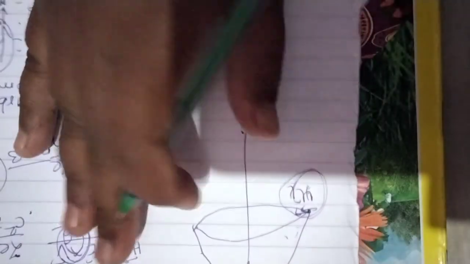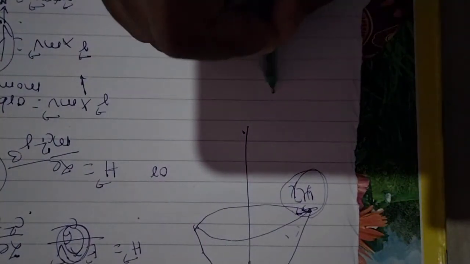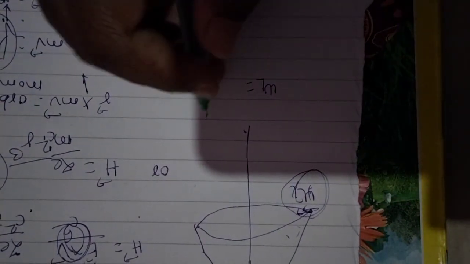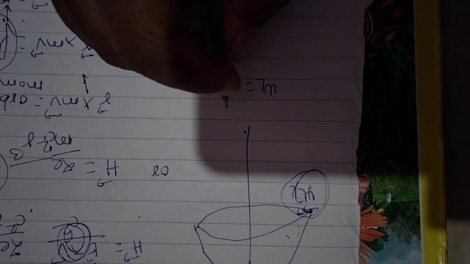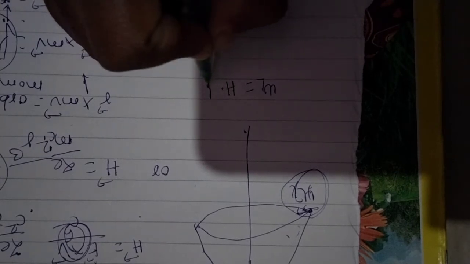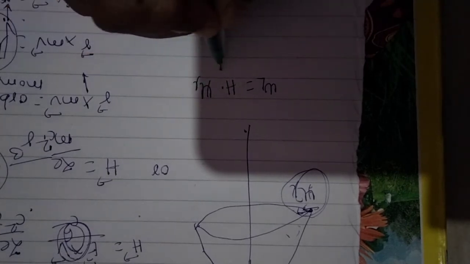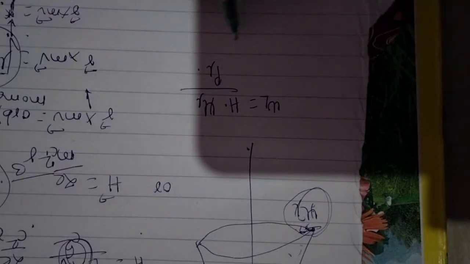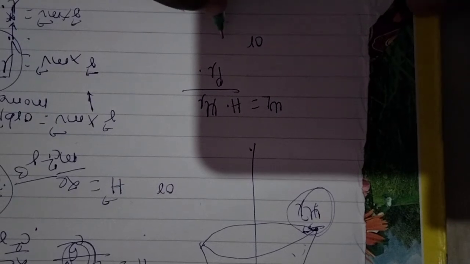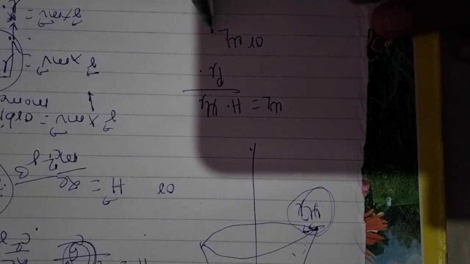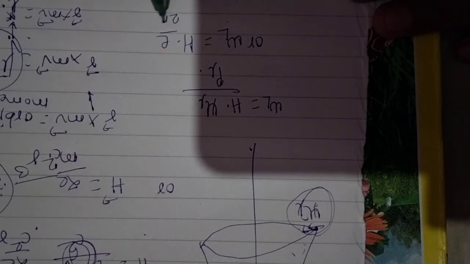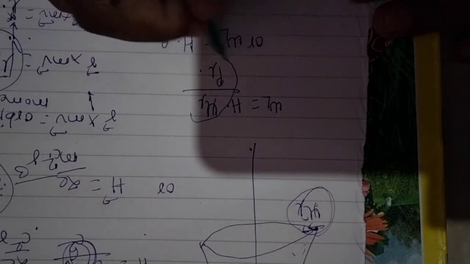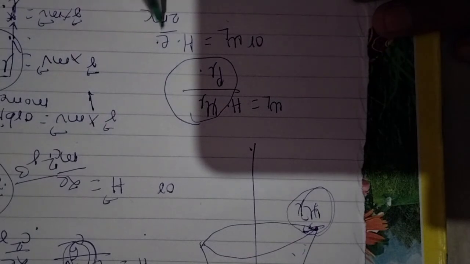So due to this Larmor precession, the angular velocity of that revolving electron is omega L is equal to H into mu L divided by PL, or simply we can write the angular velocity of that revolving electron is H into E upon 2mc. Value of this is E upon 2mc.